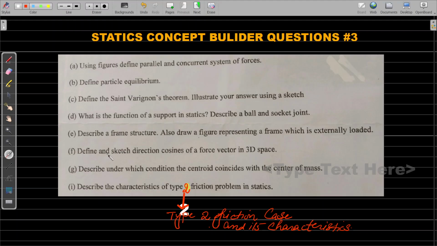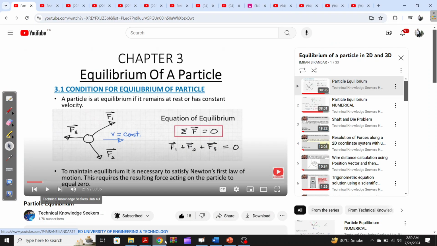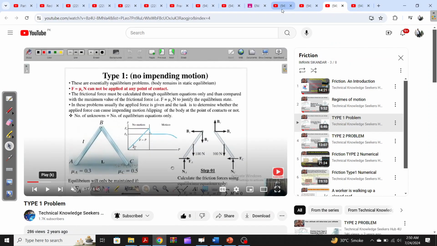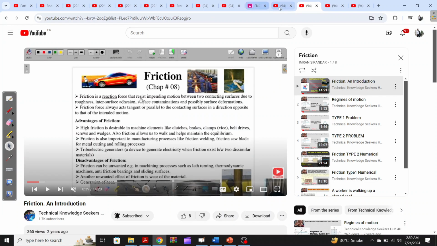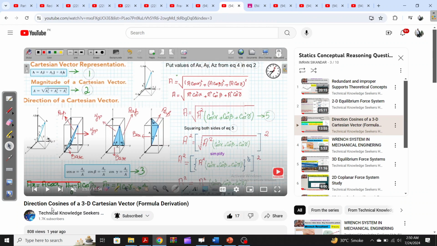Okay, so what is this? Define and sketch direction cosines of a force vector in 3D space. Okay, so here it is, direction cosines of a 3D Cartesian vector. You go to the statics conceptual reasoning question playlist, and here basically is how to define a direction cosine of